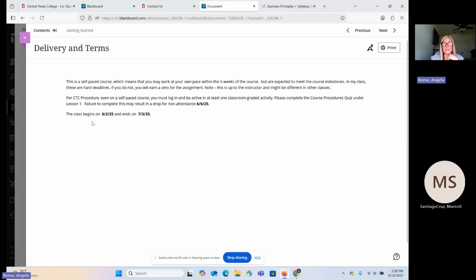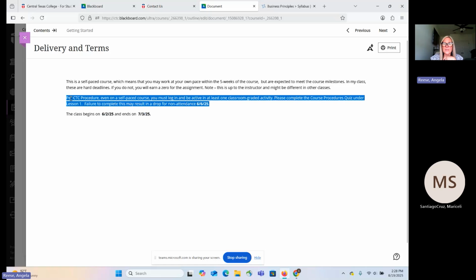A couple of things that I want to point out that are very important is to understand when your class begins and when your class ends. Above this, we have a statement that tells us that you have to be active within a certain time period. Depending on how long your courses are, this time period can vary. If it's a 3 to 5 week course, that's going to be the first few days of the course. So if you're waiting until the weekend to get started, you're going to be dropped before you even open the class. So please make sure that first day to always log in to see what this requirement is